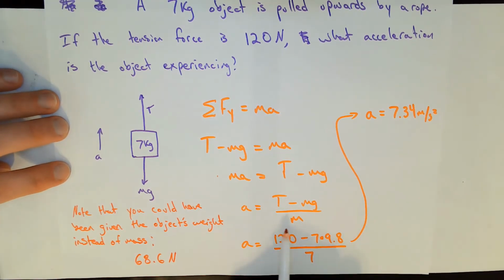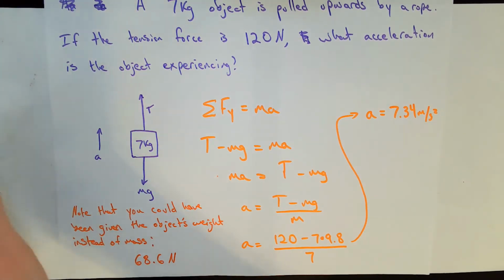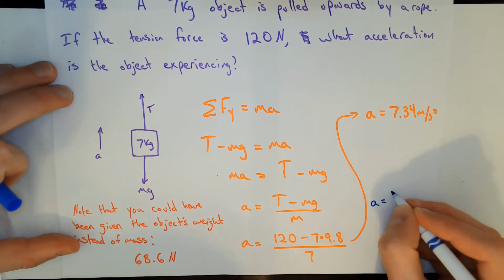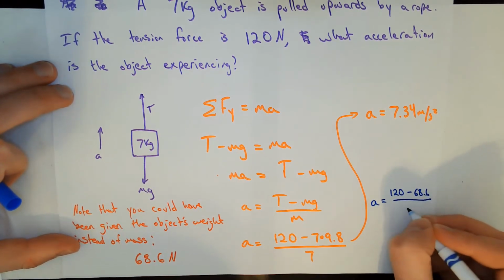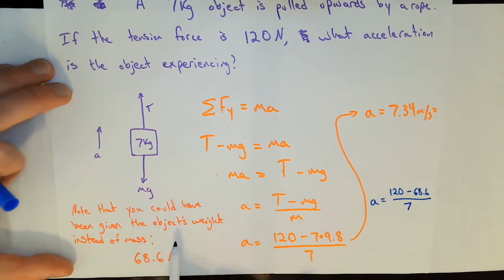But you would still divide by just its mass here. So if you were given that, your acceleration, when you actually plugged it in, would look like 120 newtons minus 68.6 newtons all over 7. So just keep in mind, if you're given weight,